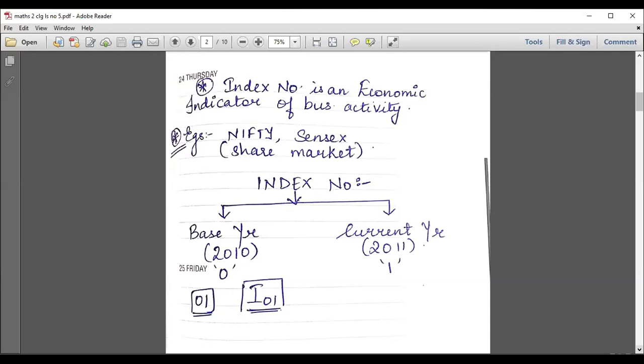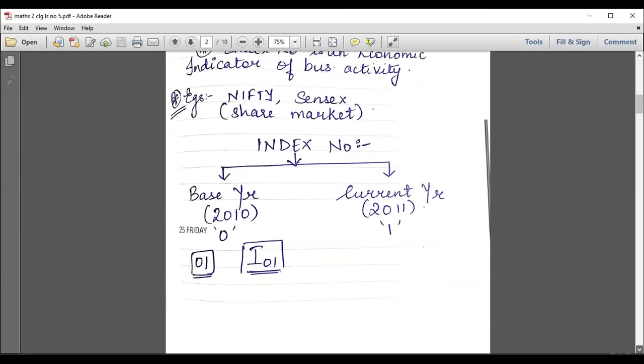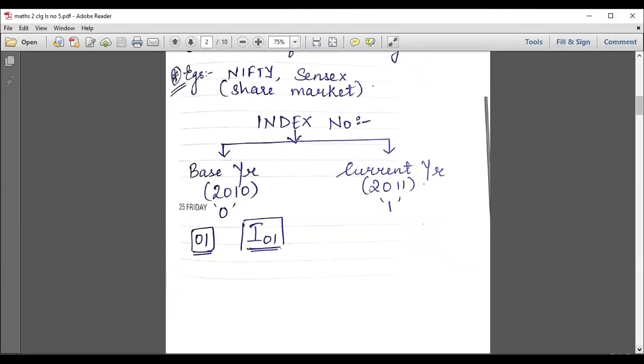Now moving towards the practical part, the formula part. In order to calculate index numbers, there are certain formulas. Now, when I say index number, there is no need to write the spelling of it every time. Index numbers basically include two important things. One is the base year and the second is the current year. Here you can see I have written base year and current year. To explain the concept to you all, I have written two years in brackets. On one side I have written 2010 and on the other side 2011.